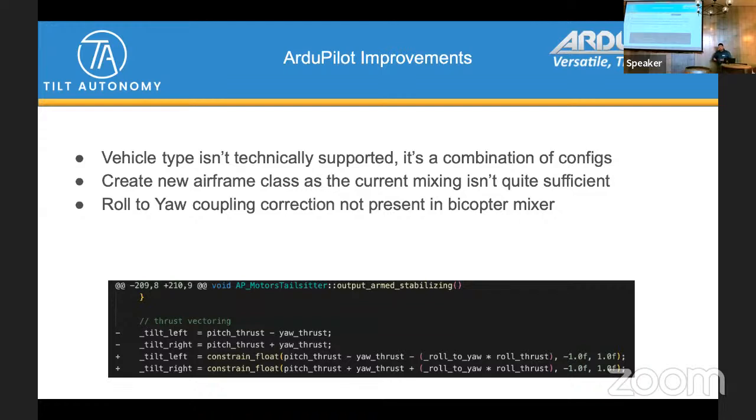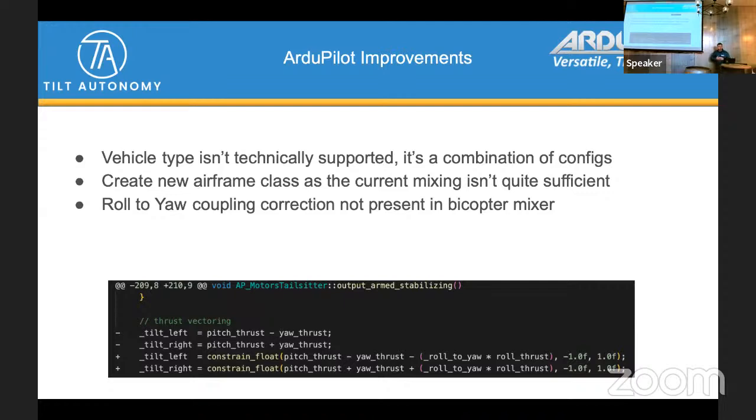So really the goal of this whole talk and investigation was to figure out the corner cases for ArduPilot, like where it's strong and where it's weak. And I found, I think, both of those. The vehicle type that I've illustrated isn't technically supported. It's a combination of a bunch of different vehicles: a quad plane, tail sitter, bicopter. And if you go to configure that, you'll quickly realize that you can't explicitly configure that directly. You've got to do a couple of hoop jumps to get that done. But it does come up and it does fly.